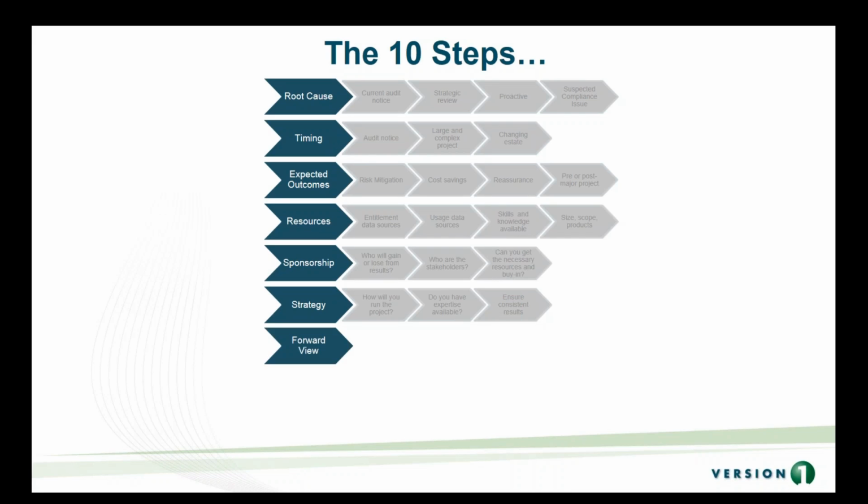Forward view is taking into consideration what's happening within your organization at the time of an audit, and that does have a bearing if you've got any major projects or planned changes. Again, that can then drive the behavior from the vendor. So the obvious example here is cloud. If you're moving to cloud,